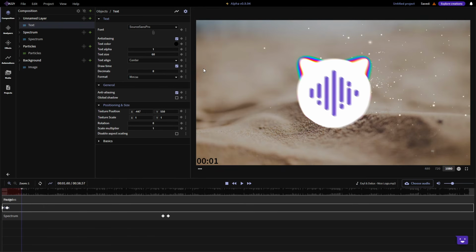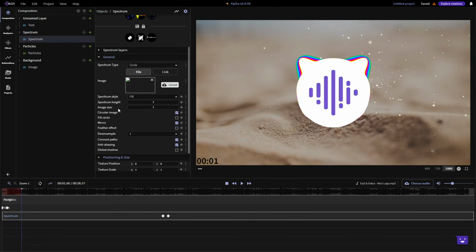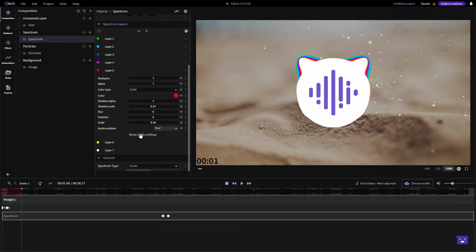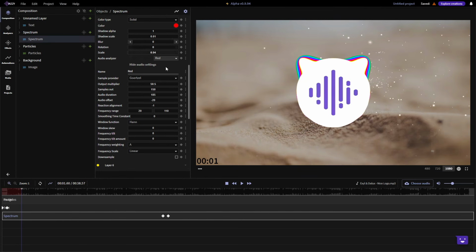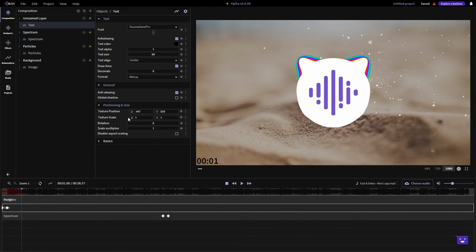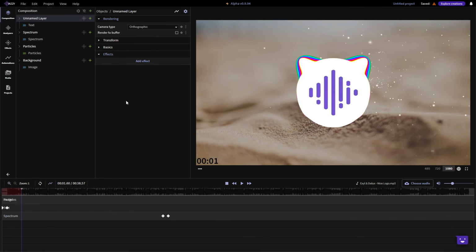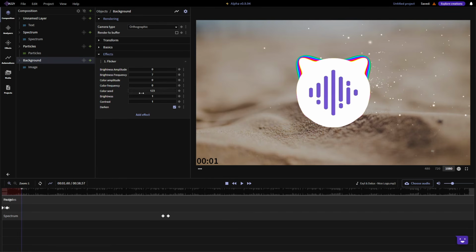And let me just remove this, and that's pretty much everything I wanted to cover today. This is just like the very basics of the editor. There's a lot of features to cover, like look at all these settings. You can change everything about the spectrum, how it reacts and everything. And there's loads of parameters in each item and each effect. It's gonna take ages to cover, but this is just the basics to get you started. And I hope you can get the gist of it and you can start messing around with different effects and items to see what you like.